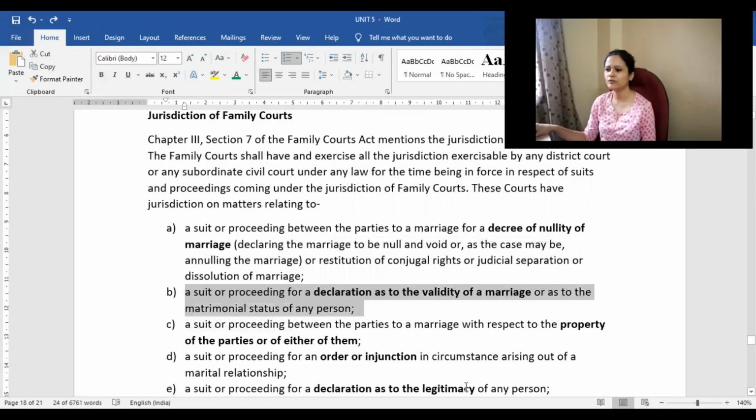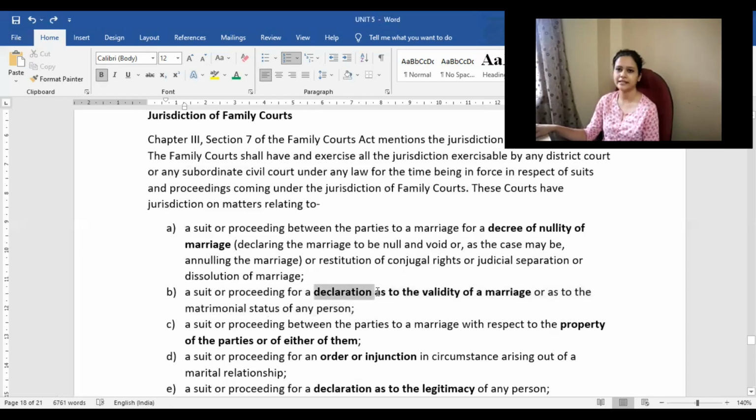So why do we need a declaration with regard to validity of a marriage, right? Sometimes what may happen is, take for example, two persons got married in the temple, might be. Okay, so their family members were not involved and family members are not accepting that marriage. In such a case, both these parties are already married, right? They have performed the rituals and stuff. In such a case, for them to be accepted by the society or family, they may approach the court. That court will declare that whatever marriage they have performed, that marriage is valid and binding for